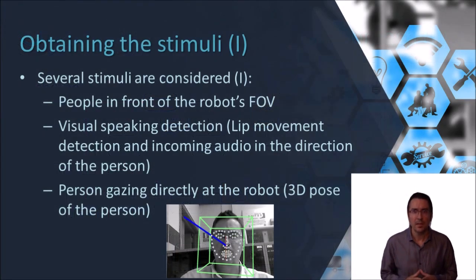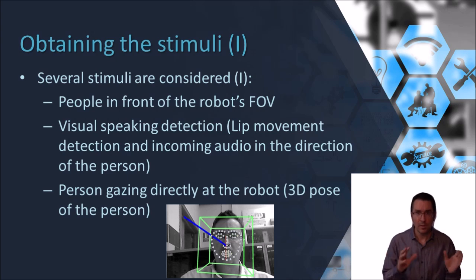We have selected 7 different stimuli for our approach. The first of all is when a person is situated in front of the robot. Consider that when a person is interacting with different people, this person usually gives more attention to the people who are situated in front of him or her. Secondly,